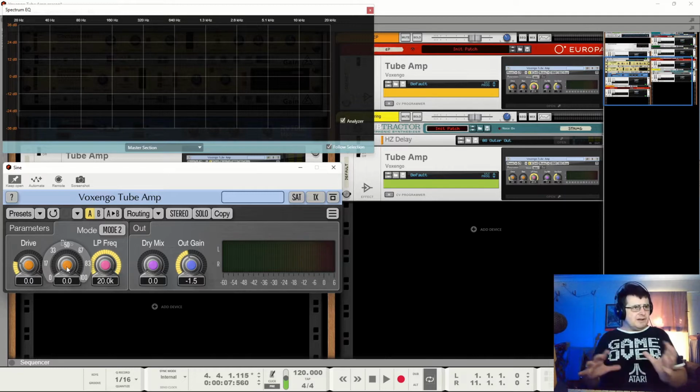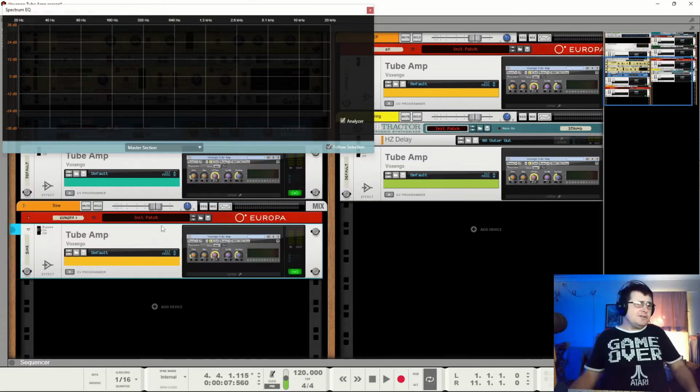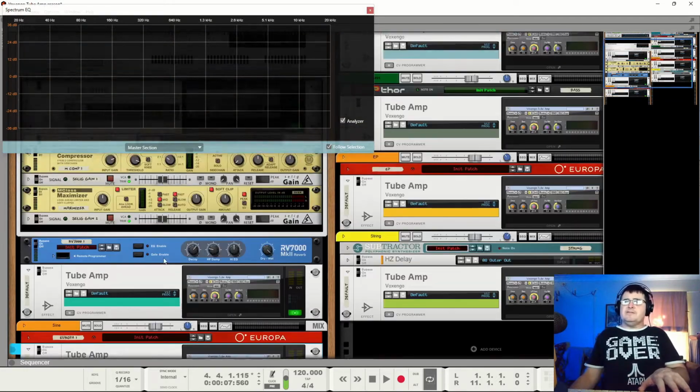So if you're wanting a relatively set and forget, just as though you had a Neve, you don't meddle with the drive on a Neve, you just plug it in, then using mode 2, everything set to default, you really can't seem to go wrong. That's nice. That's one of the reasons why I've put this forward, because you can't seem to go wrong with it, so long as you're not trying to be too clever. Same as with the soft tube saturation knob. As long as you're not trying to be clever, you put that to 0.7 or maybe 1, and you can't go wrong with it. Just set it and forget it. Really good device in that sense.